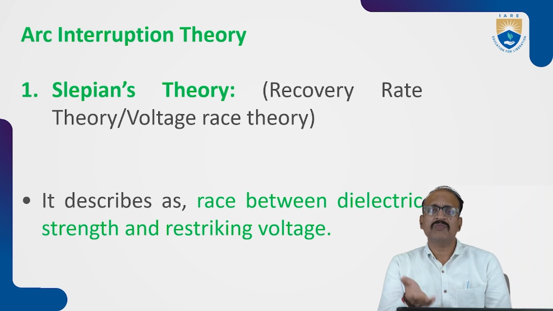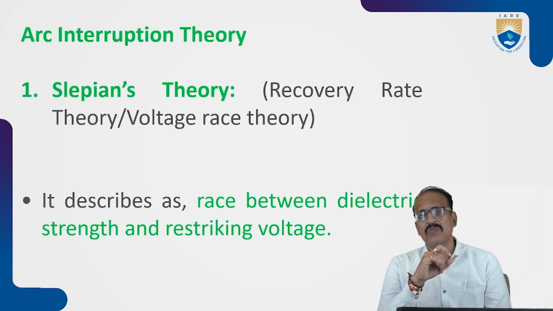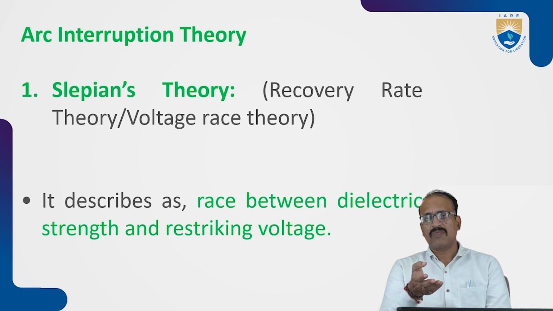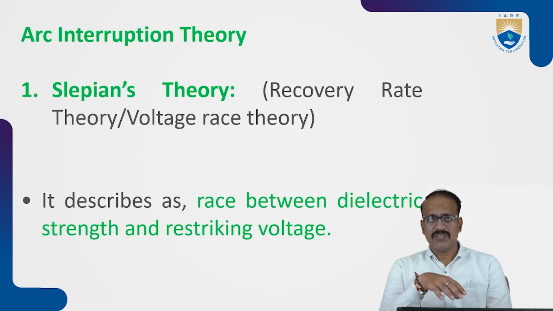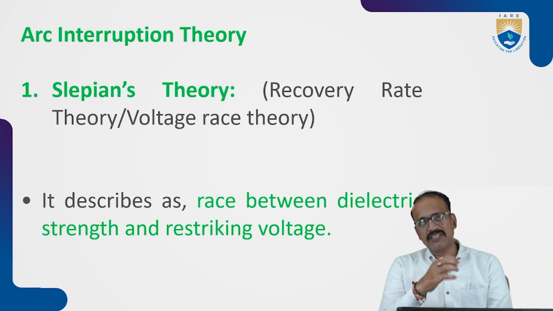The more dielectric strength we have, the more advantage we have. But as the process goes on, the restriking voltage will occur. So which is stronger? This theory, the Slepian theory or recovery rate theory or voltage race theory, is proposing that